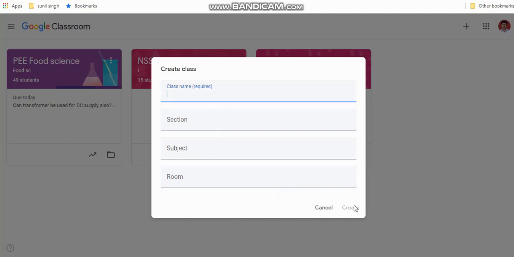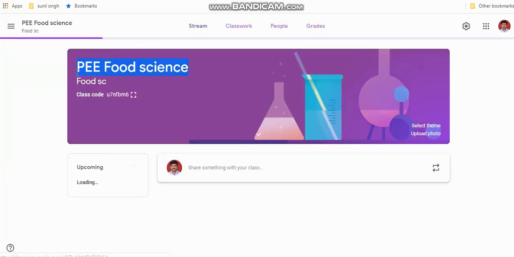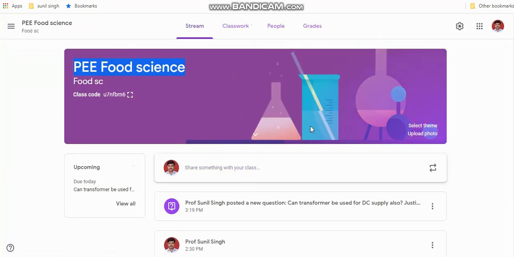So if you press this create, then the class will be created like this folder, and this folder is opened like this. Here you can see this type of folder, but with no students. How to connect the student is the second procedure.